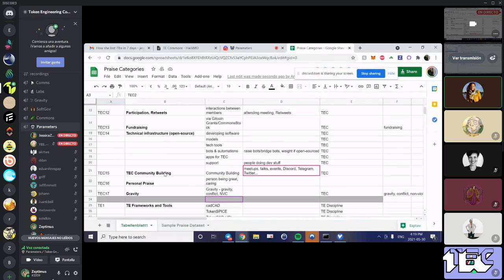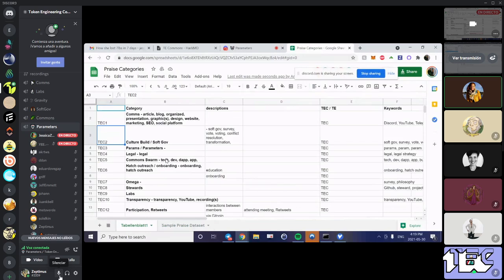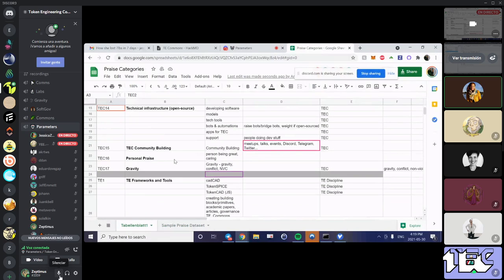Well, actually, it's two praises in one. Yeah, the praise is quantified, so the double shouldn't matter, but I see that as personal praise because it's meeting someone and then a new project. The art project, to my knowledge, isn't TEC or TE, unless there's some part of it that's going to be open source, but it seems like a personal project.